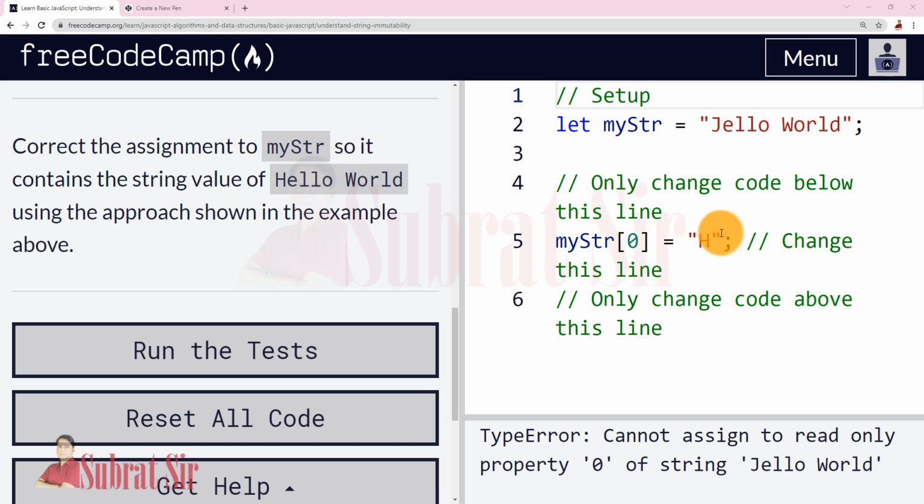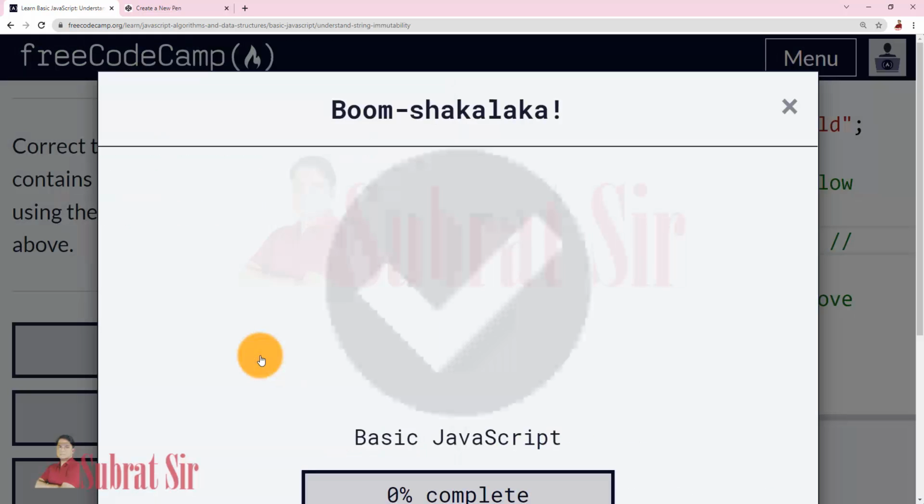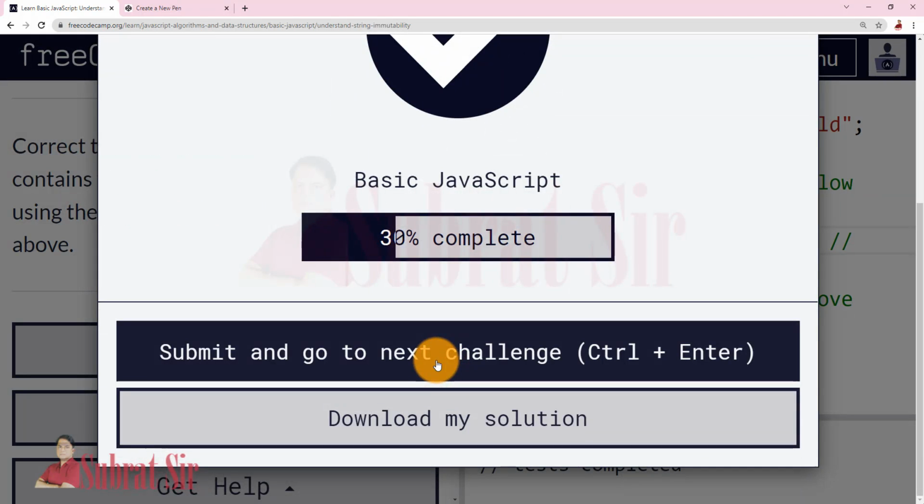So we know that we can't change a single letter like this. We want to rectify this J to H. Instead of J, it should be H. So for that, we have to write MyStr equal hello world. We cannot change a single letter using its index number. Run the test, submit and go to next challenge.